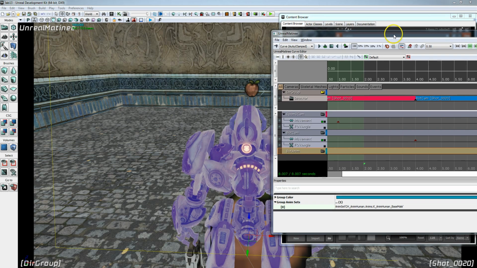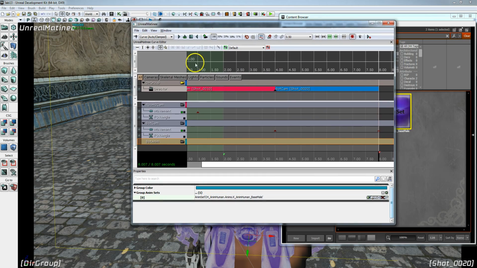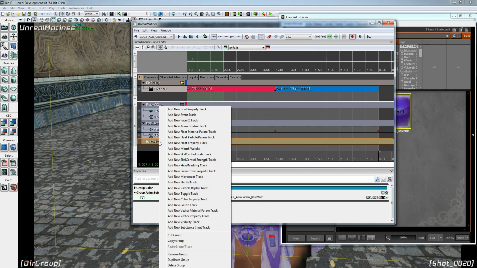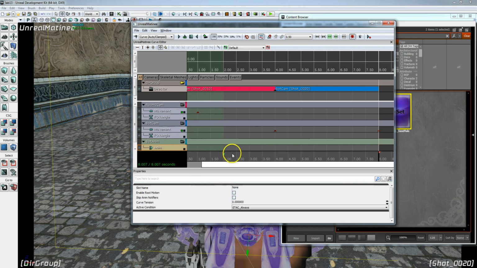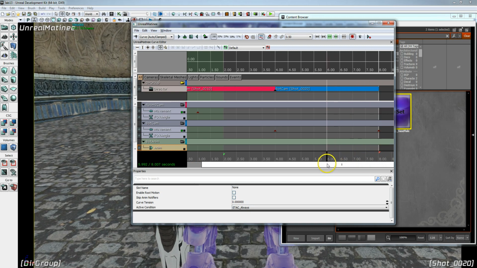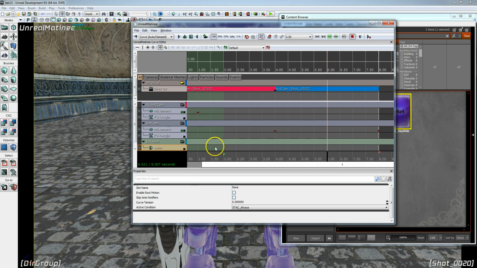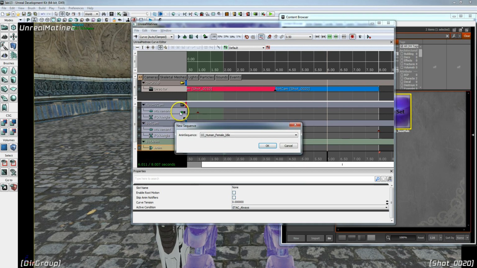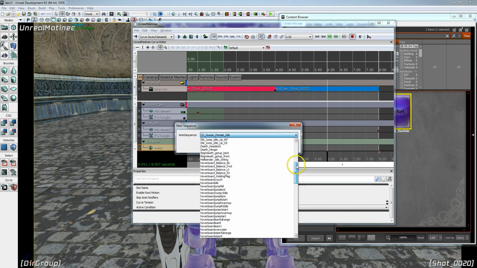And now double check, make sure you have that skeletal mesh selected, and we'll right click in our bot anim group, and now we want a new anim control track. Go ahead and add that, and now this anim control track is automatically tied to this skeletal mesh of the guy. So around 6 seconds, with this anim control track selected, we want to add a key event, and you'll see here that we have any animation sequence in that anim set now we can select. And so the one we want is